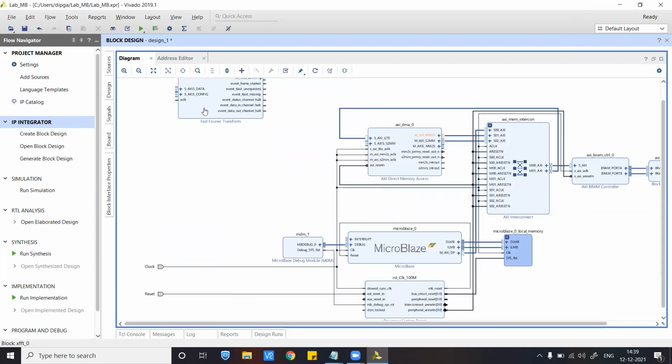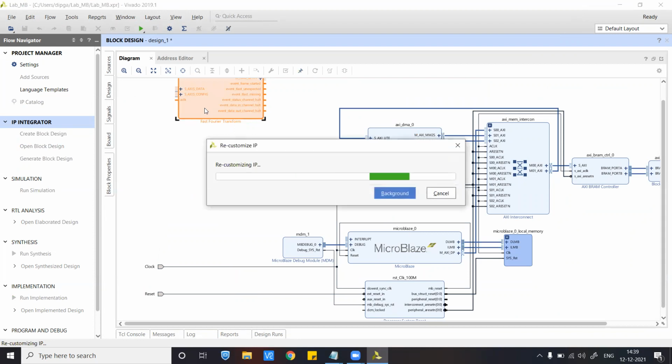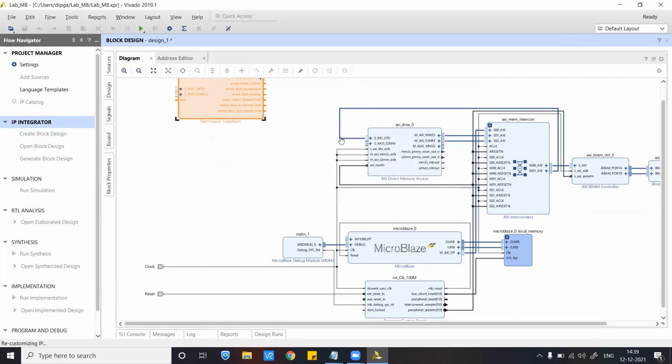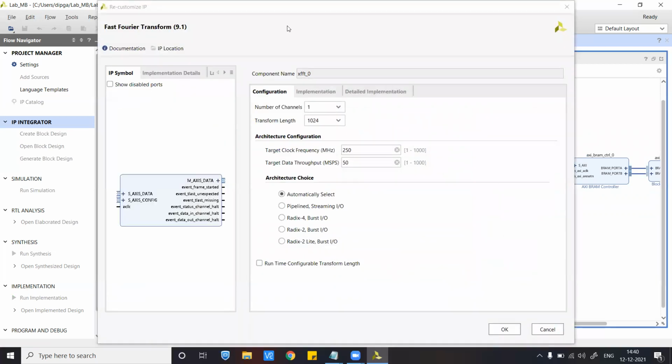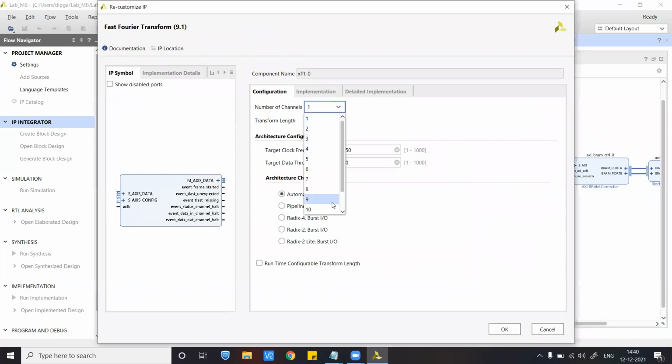Okay, so double click on this one, because we need the 8-point FFT for this lab. So I will be selecting the same in the reconfigure part. I'll select the transform length as 8. Okay. And then everything else is fine on this one.